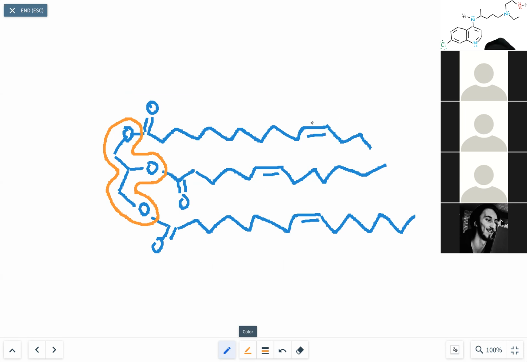And naturally occurring ones tend to be cis. You've probably all heard of saturated fat and unsaturated fat, right? And that trans fats are bad and this and that. Well, what's going on here and how you get a trans fat is that